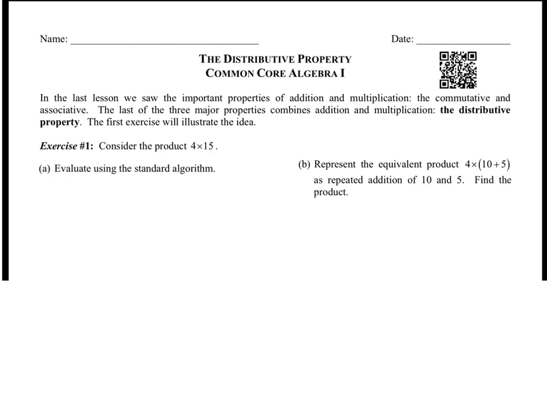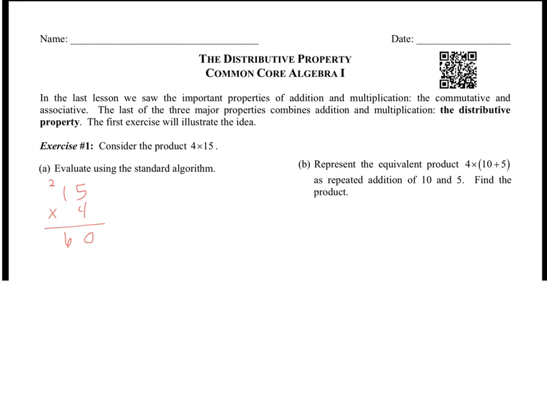So we're going to evaluate using the standard algorithm, which is the way that you've always done it or the way that you may have originally been taught. So you were originally taught to take the larger number, which is 15, and multiply it by 4. You line the 4 up below the 5. 5 times 4 is 20, so you write the 0, you carry the 2. 4 times 1 is 4, plus 2 is 6, so 60. And then if we